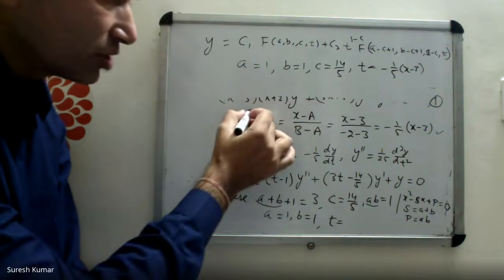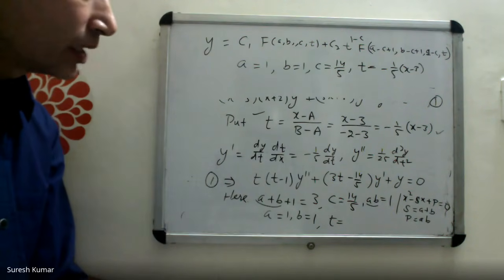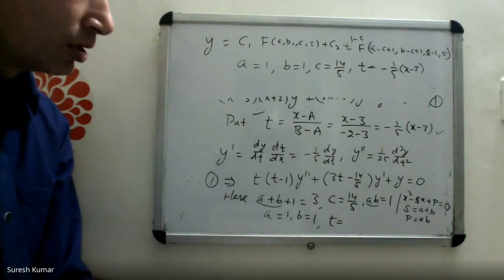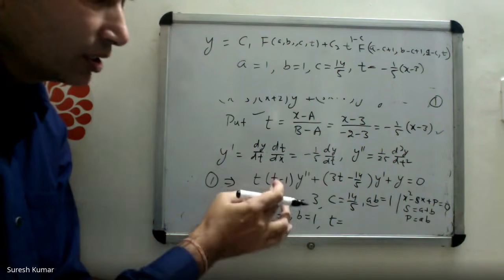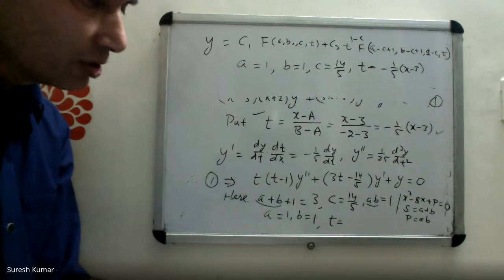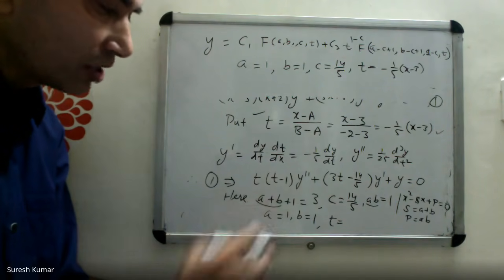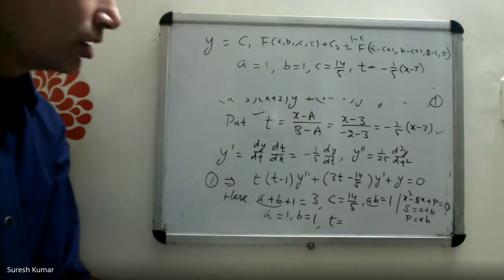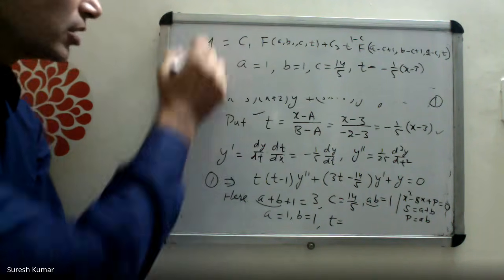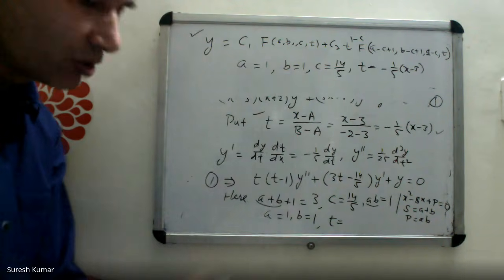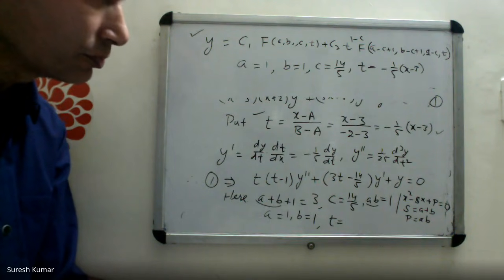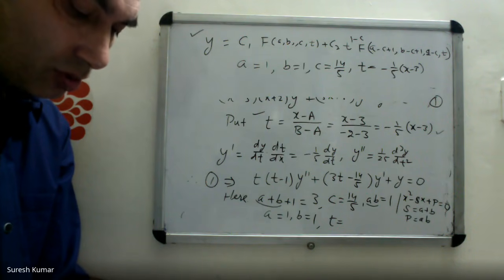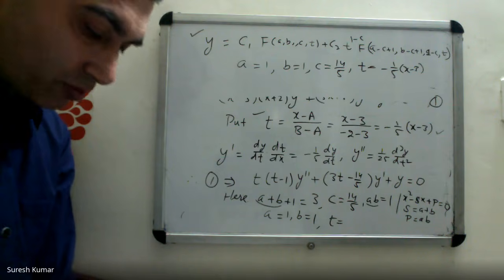Remember this transformation and then see how to convert it into y and t. In y and t, it is the standard hypergeometric differential equation. After that, you need to determine the constants for the solution, which are a, b, and c. Once you know a, b, c, write the general formula and mention what your a, b, c are. So I have solved one problem of this kind. Other problems you can do yourself.